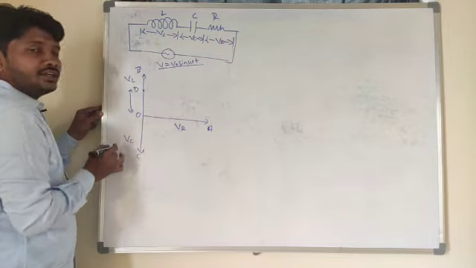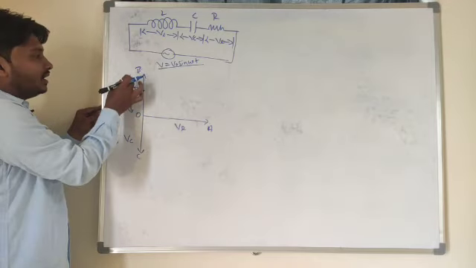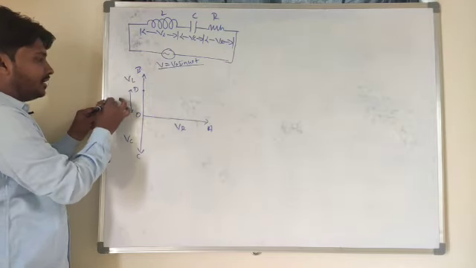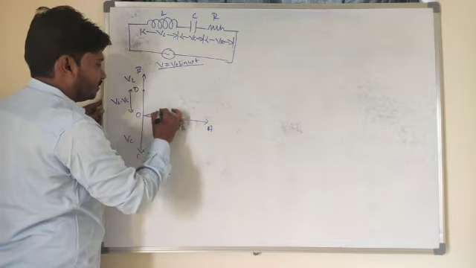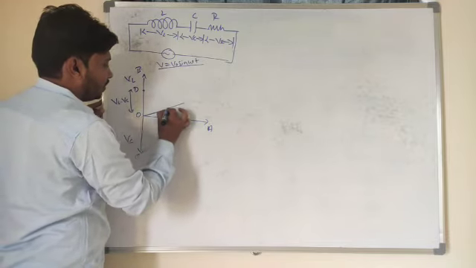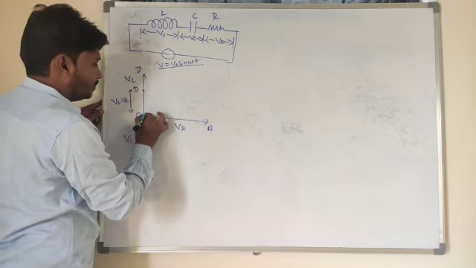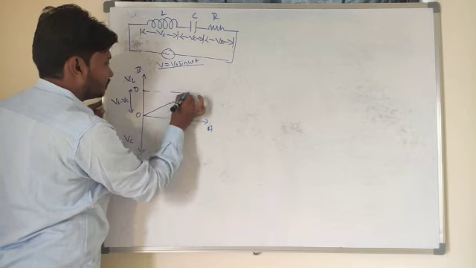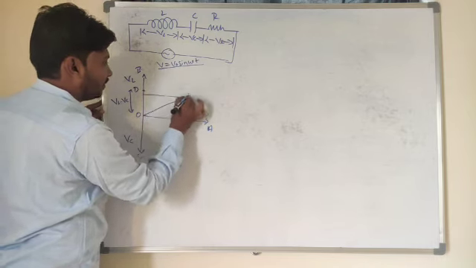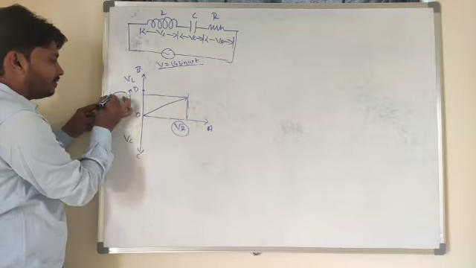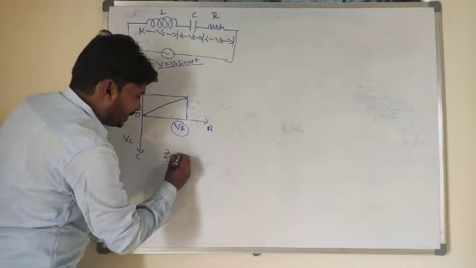The distance between O and D represents what? The resultant between V of L and V of C, so I can take V of L minus V of C. Now I have two components here. What are those components? One is V of R. Another one is V of L minus V of C. So what is impedance? I can understand.